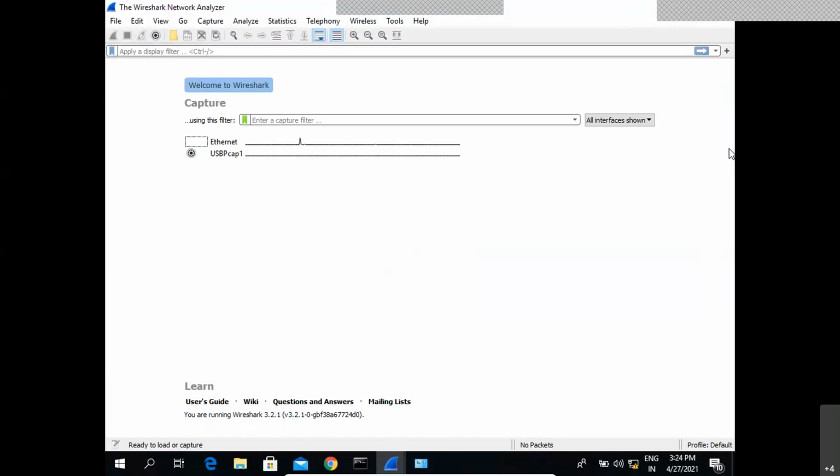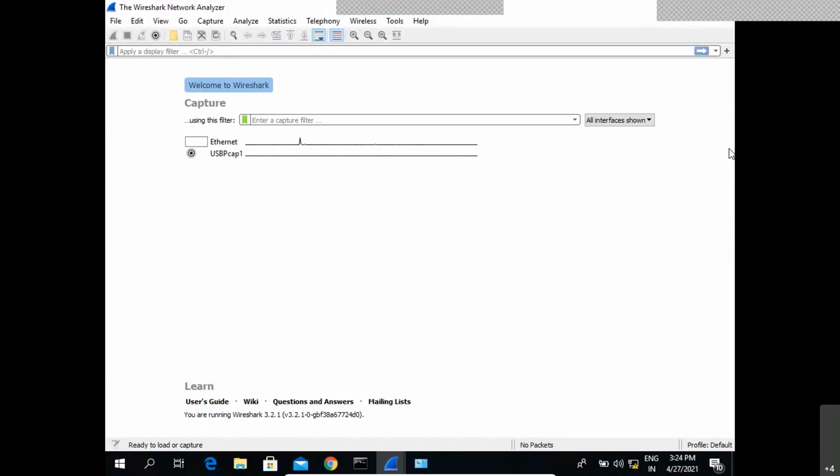Now there may be cases where we may be using USB dongles also. Let's say we may be using a Tata Docomo, or earlier we may have been using these kind of tools, right? Or the Jio dongles. These kind of dongles are also part of these USB devices, right?